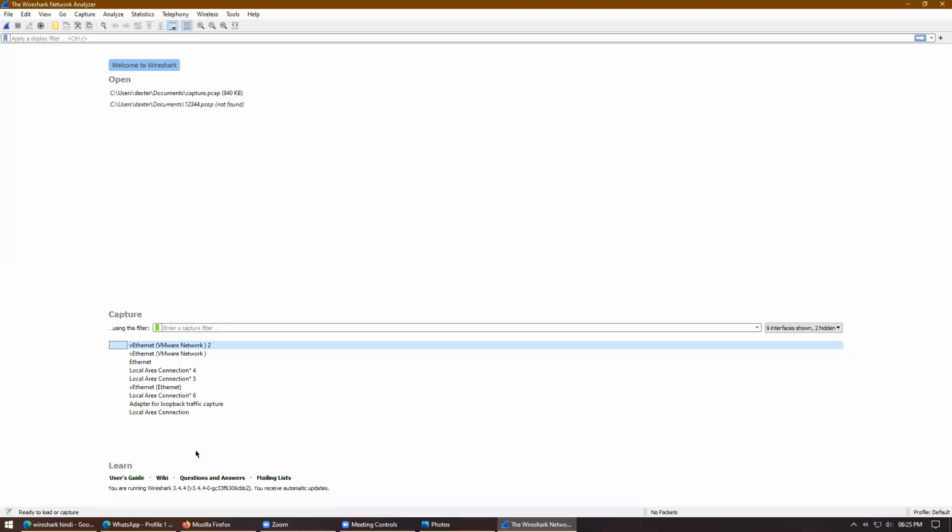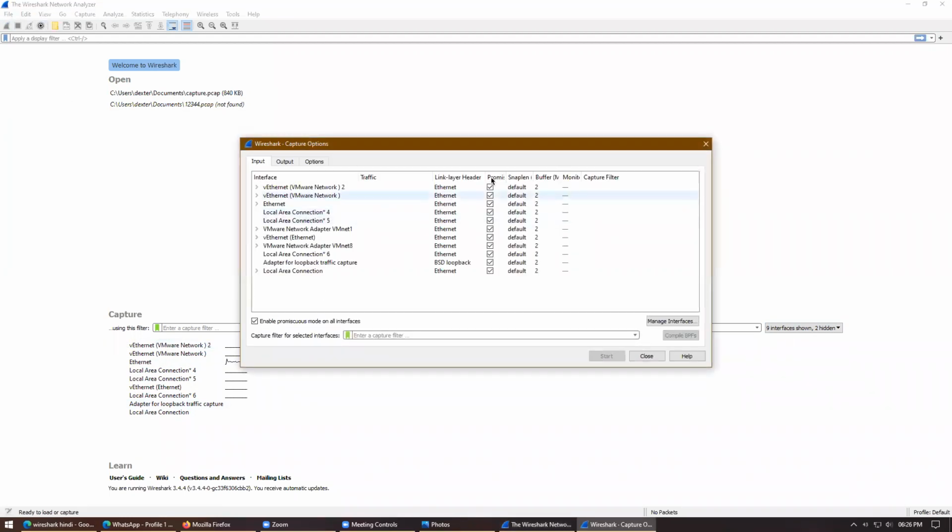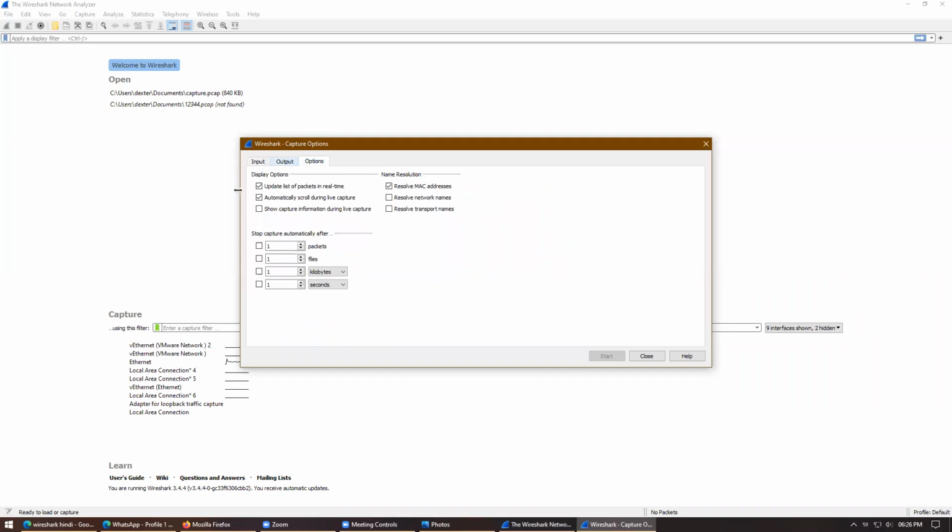In the previous class, I told you this is how the Wireshark interface looks. When you want to start the capture, you can click this. This is the number of Ethernet interfaces you have. You can select what type of interface you want to see here, virtual or wired. Interface means is it Wi-Fi, is it an Ethernet cable, how you are connected to the internet. For the settings option, just click on this, and you can select the number of devices you want to see there.